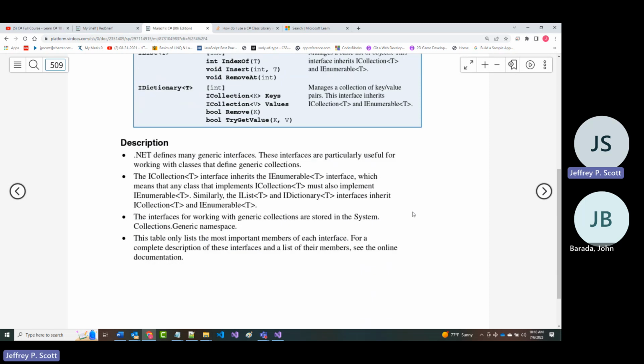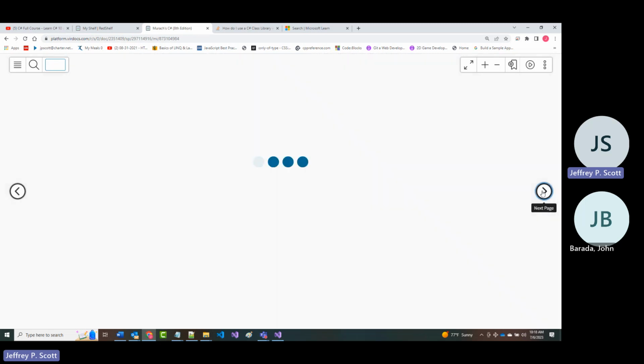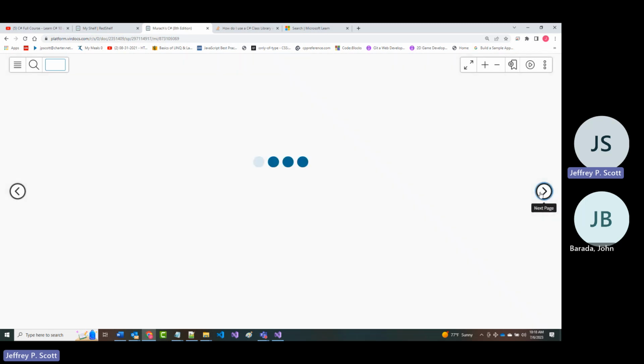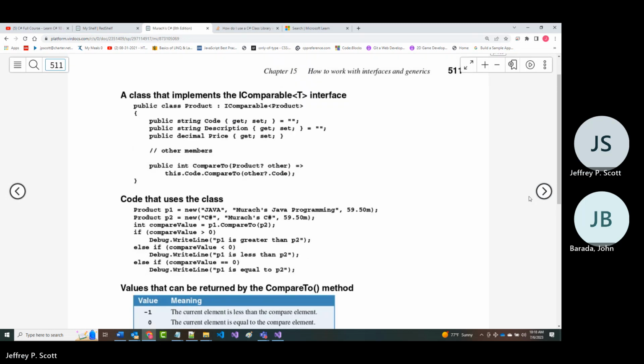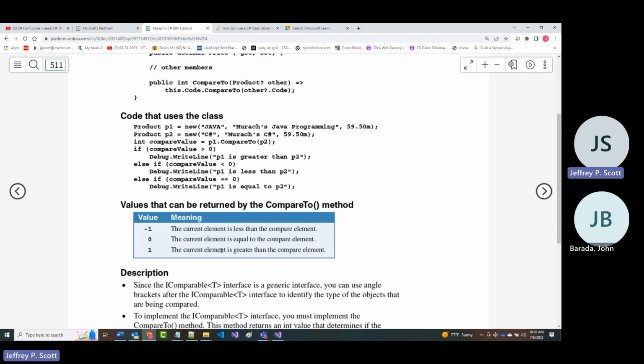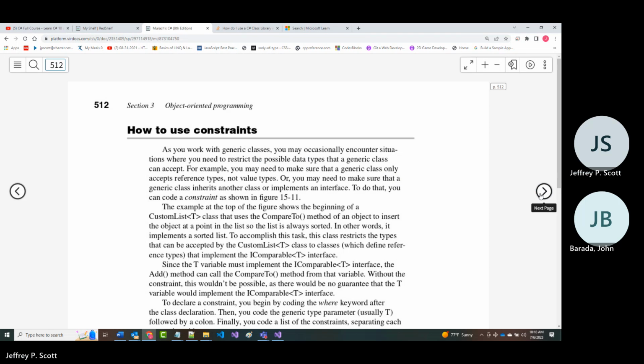Right. So, as mentioned here, .NET defines many generic interfaces, so you can utilize them, add to them, remove from them, etc. The IComparable is the one I've mentioned to you already. Notice greater than 0, less than 0, or equals 0. It's kind of what I told you already. But what you're comparing here are objects, as opposed to comparing two numbers or something like that.